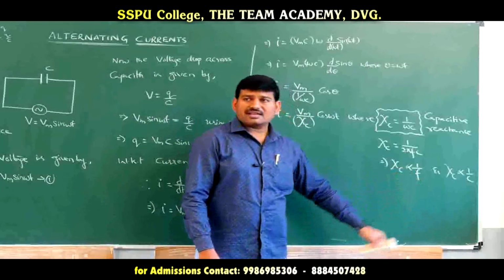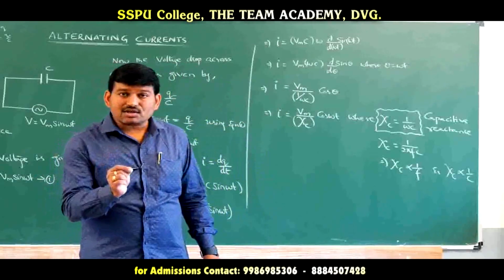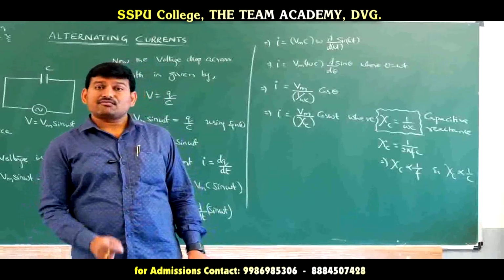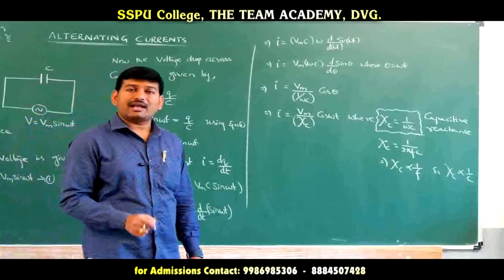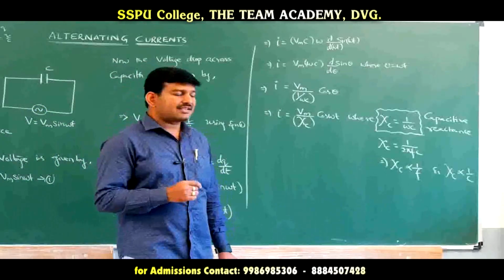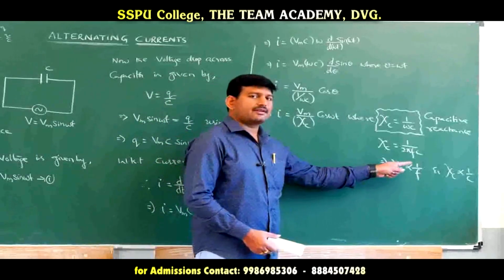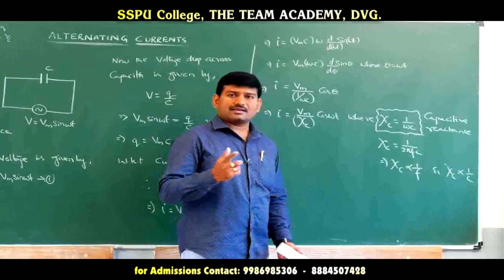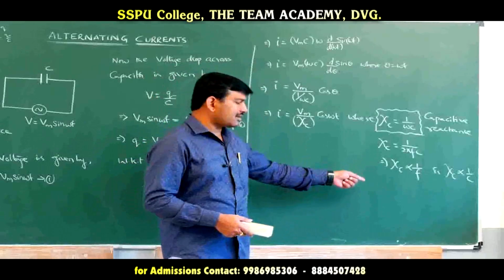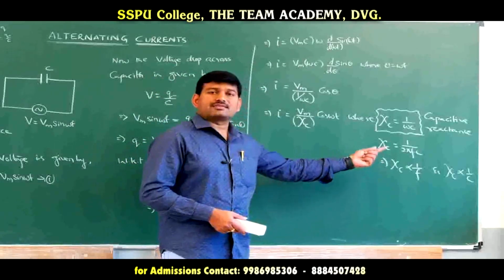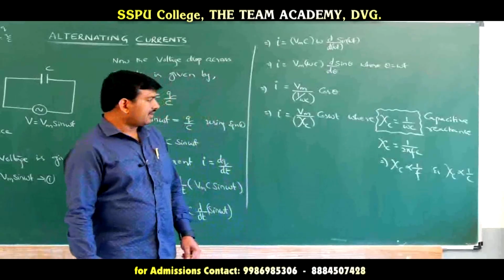So low frequency currents will be blocked by the capacitive circuit, or the capacitor does not allow the DC current, whereas it will allow the AC current. So the capacitor blocks DC while allowing AC, and that too high frequency AC, because low reactance will be there and it will be allowing. So an inductor does not allow the high frequencies and allows the low frequencies, and a capacitor does not allow low frequency but allows high frequency currents. So the capacitor blocks DC currents and allows AC currents.